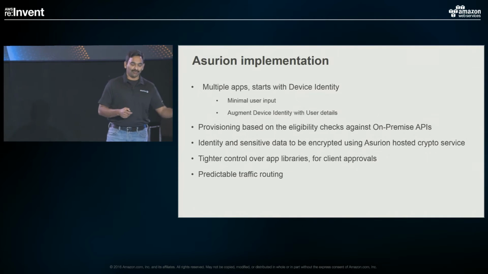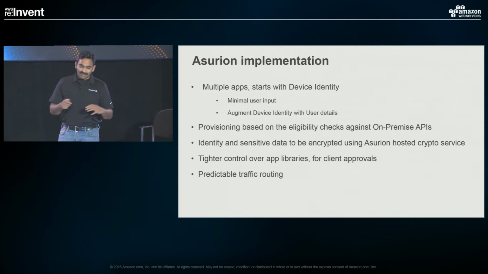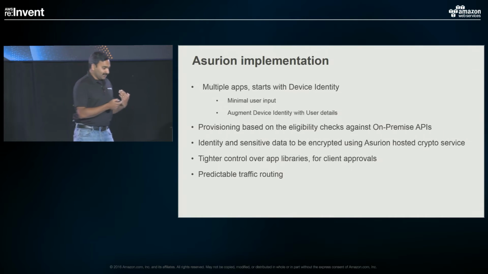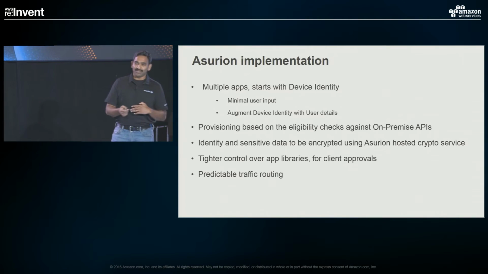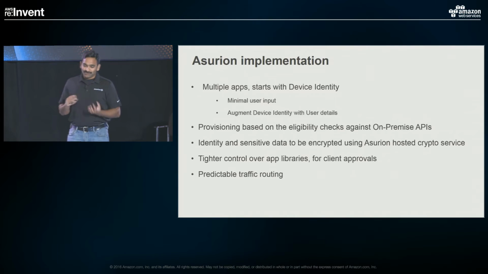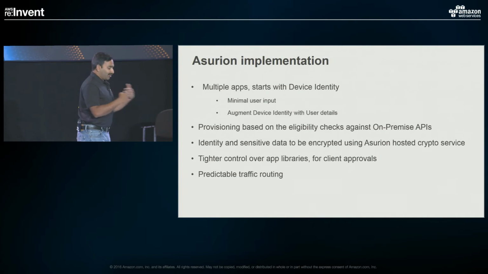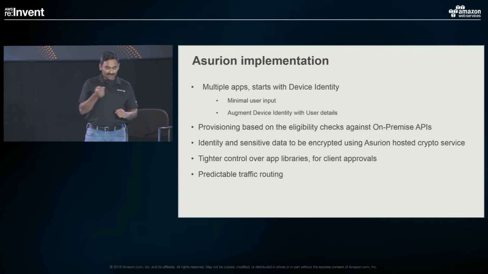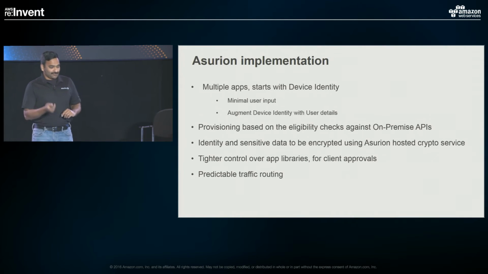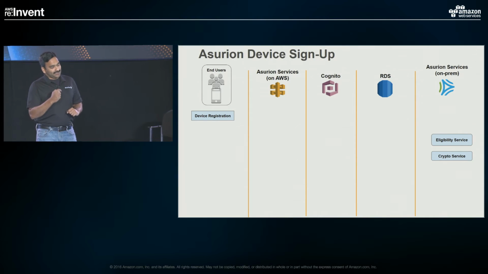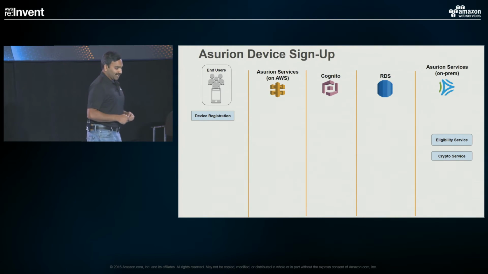And the last two, because the apps are branded as clients, they have the final say in the approval before we put it up for download. So some of the clients, it helps to go through the approval process if you know what's actually embedded in your app. So we were a little wary about embedding a lot of additional libraries into it, as well as some of our clients want predictable routing pattern in the sense of the traffic flowing through or the data that flows through, it has to stay within an identifiable IP space.